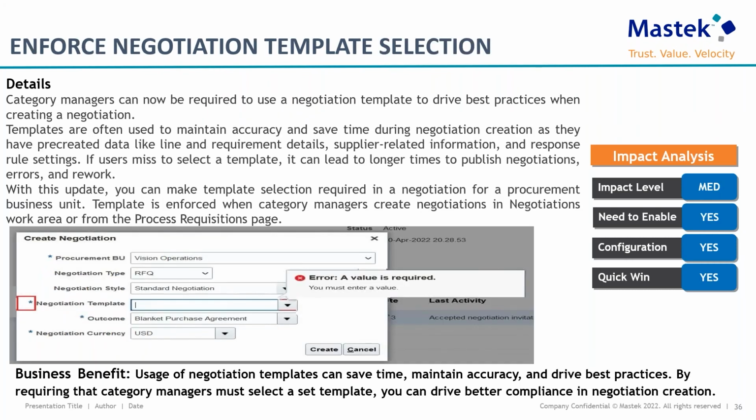Our next feature involves enforced negotiation template selection. Category managers can now be required to use a negotiation template to drive best practice when it comes to creating a negotiation. Templates are often used to maintain accuracy and save time during negotiation creation as they have predefined data like line requirement details, supplier-related information,